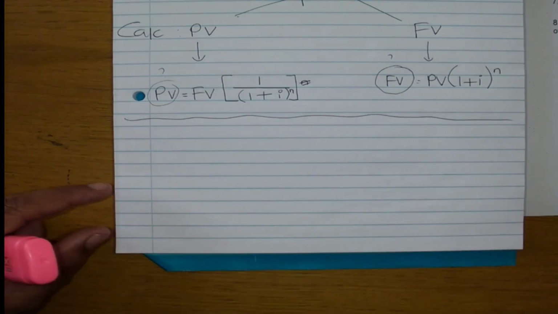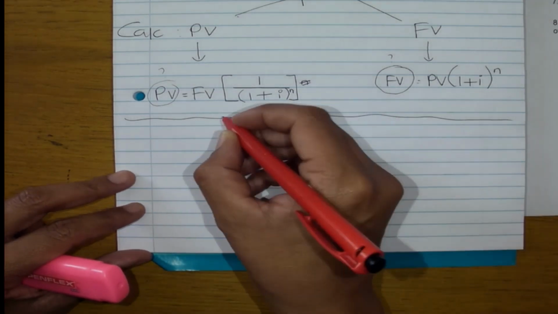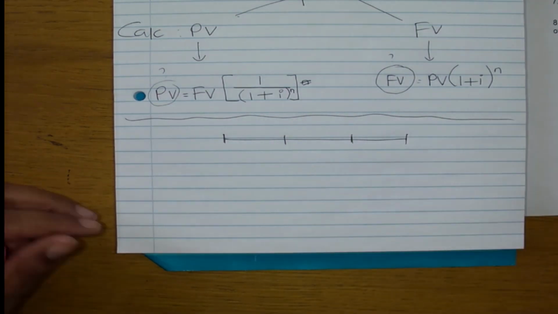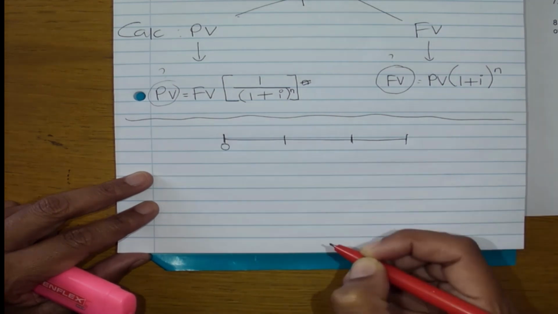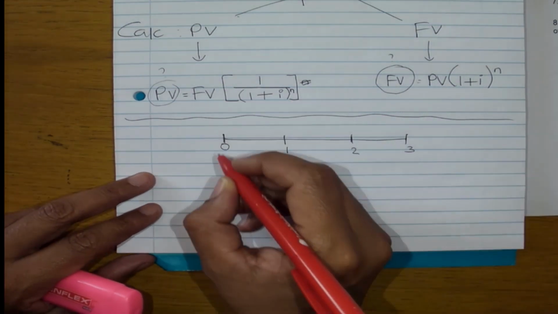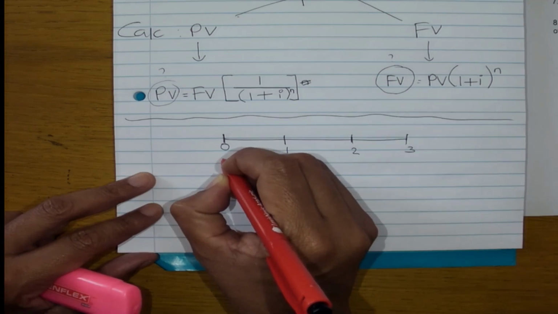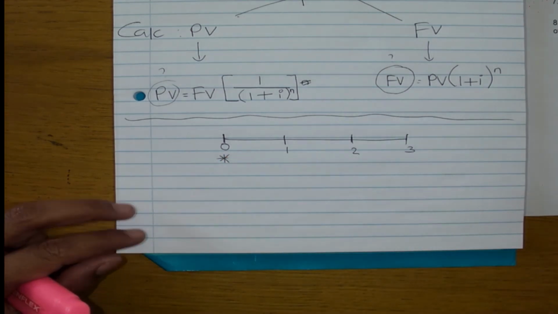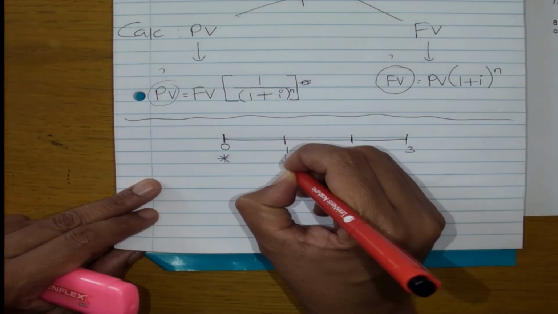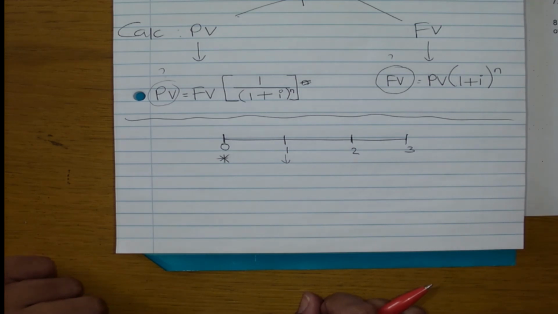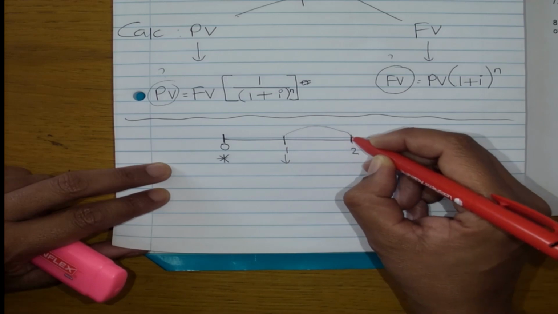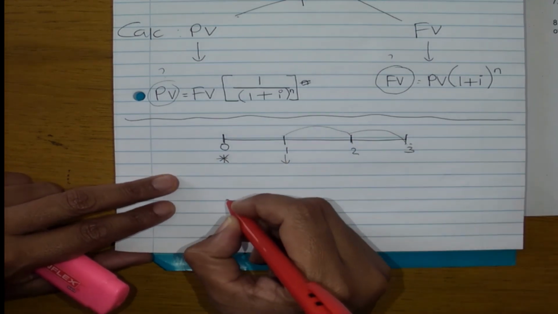Now, the annuity due, basically, okay, let's see. Here is your years. Remember this is year 0, 1, 2, 3. The one annuity means that you are going to deposit the money here, at the beginning of the period, but interest is always at the end of the period. So for how many periods will you still get interest? For 1, 2 periods. The other annuity